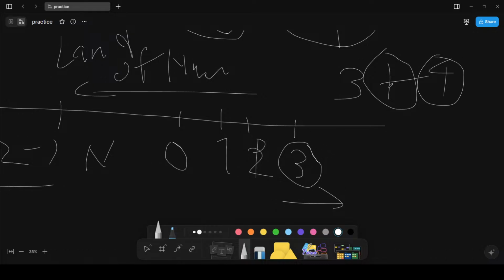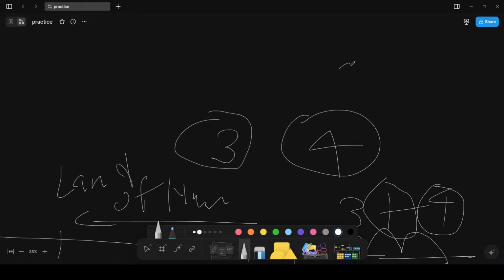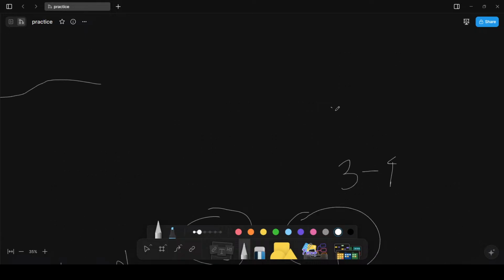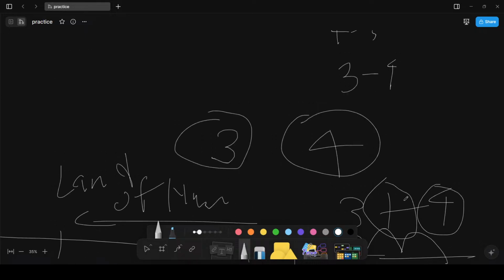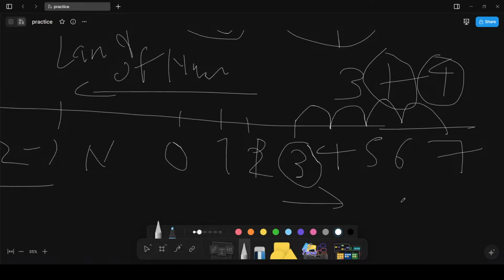So what numbers come after it? 4, right? So 1, 2, 3, 4. So that is the number 7, which is the answer of addition. Now using the same concept, we can do things like 3 minus 4, 4 minus 3, which will come later on. Subtraction is much more interesting in my opinion, but addition is a safe, sweet spot to learn about